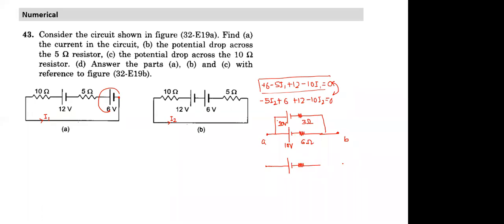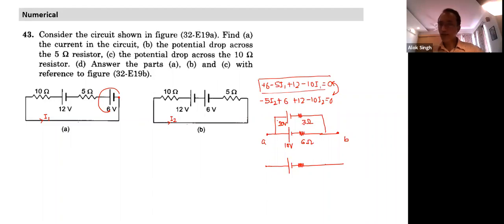We can. Yes, sir. It doesn't matter whether it's internal resistance or external resistance. As far as the circuit goes, both behave in the same fashion. I can replace the whole thing. And suppose this had 1 ohm internal resistance plus external resistance. Still, we can take this whole thing as one resistance, and I can still use the formula.